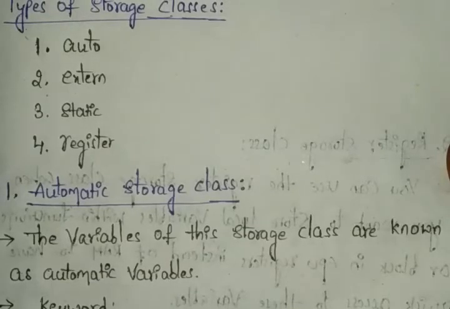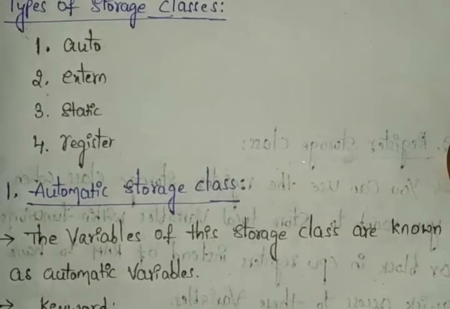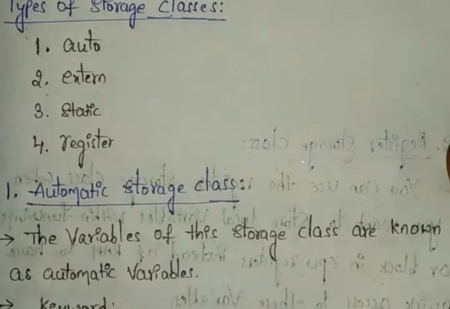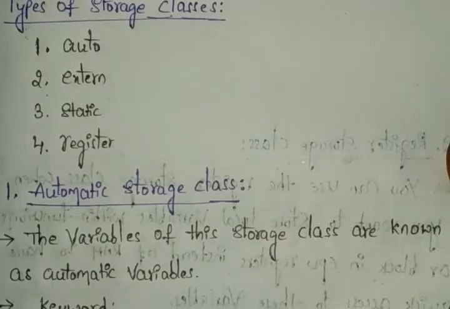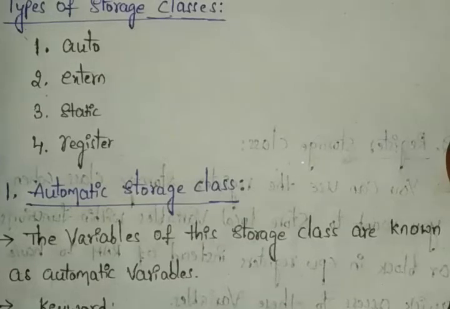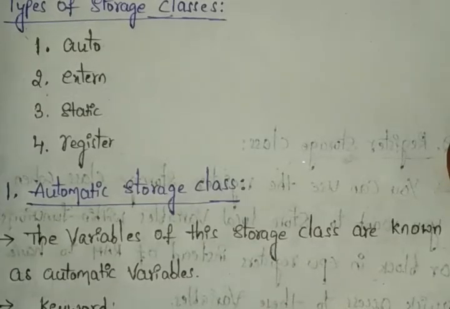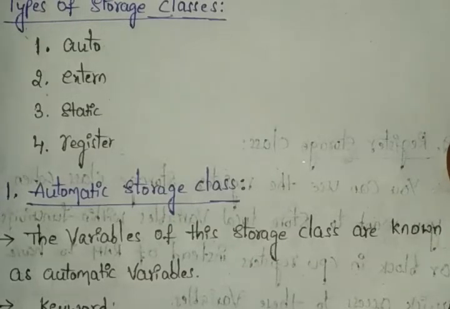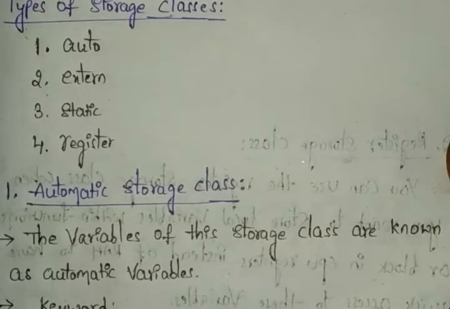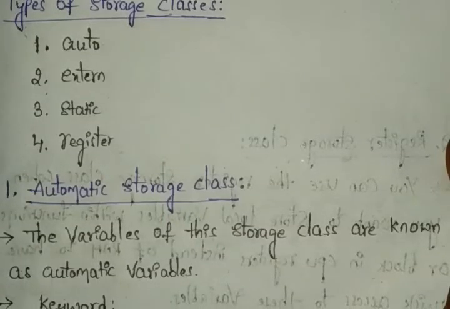So why? Because if you're not writing any variable into the program, the automatic class provides the default for our program, and these automatic storage classes access the local variables, meaning inside our main function. Suppose the local variables are not there in the program, it can be performed with the registers in the form of static. Okay, so let's see the variables of the storage classes, the automatic